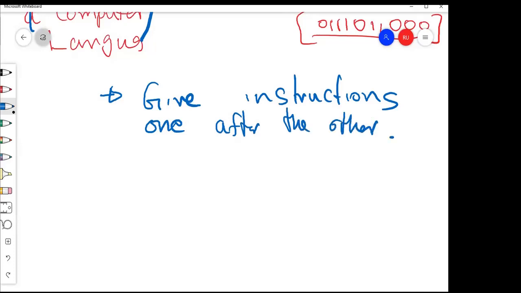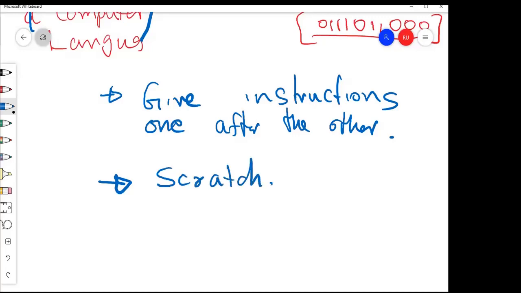So we will first see how to do it. Okay. So before going into C, I will introduce you to a very basic programming tool, which is called